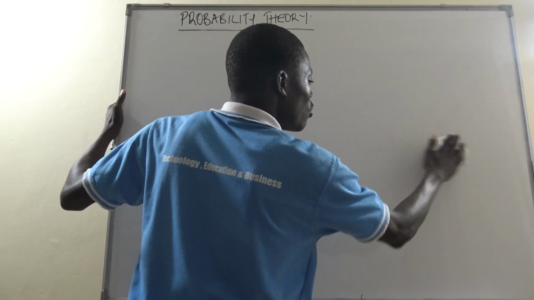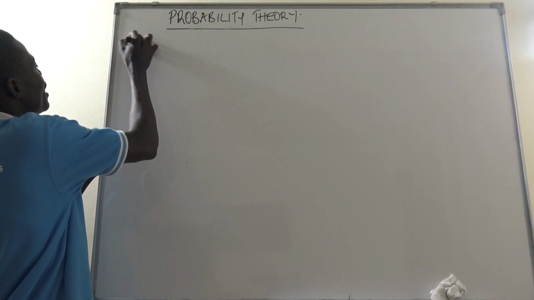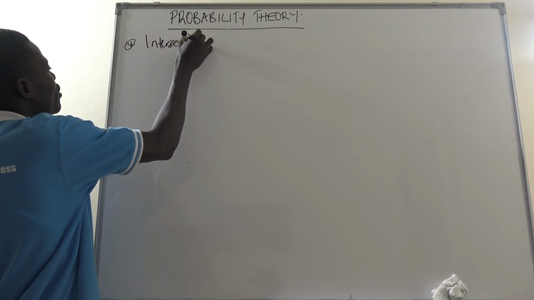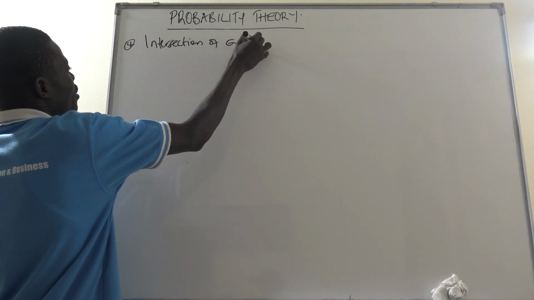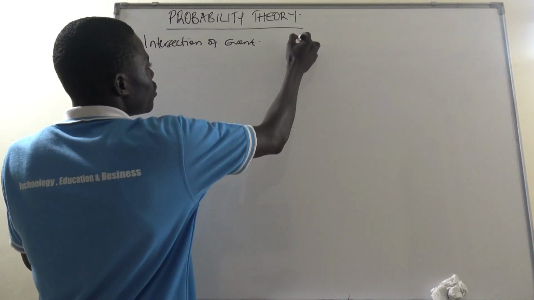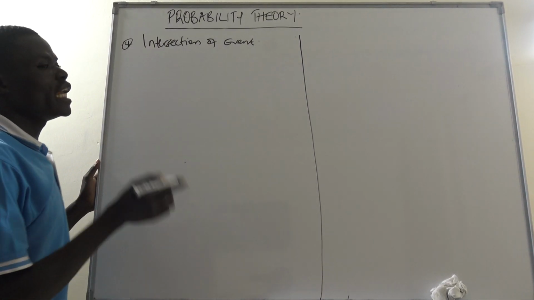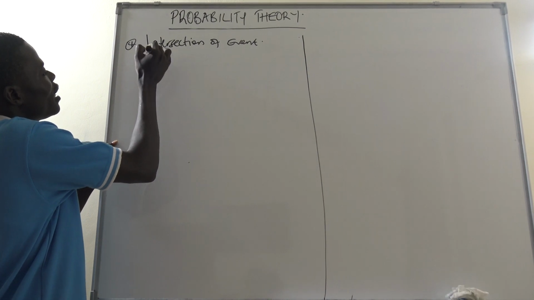So we can look at other terms. The first one we are looking at is what we call the intersection of events. The intersection of events: if you are given two events, that is A and